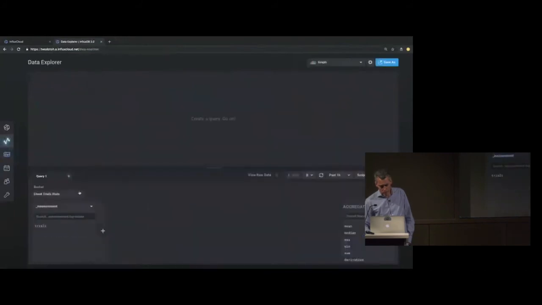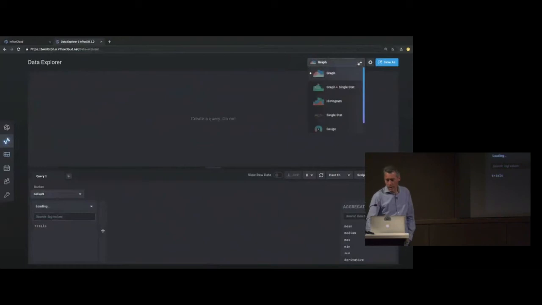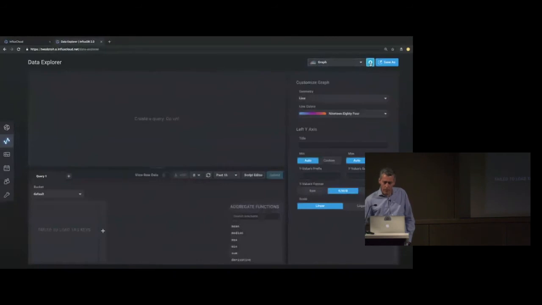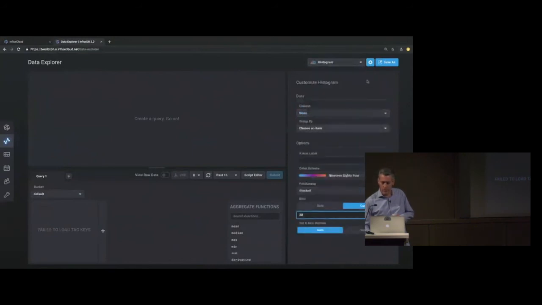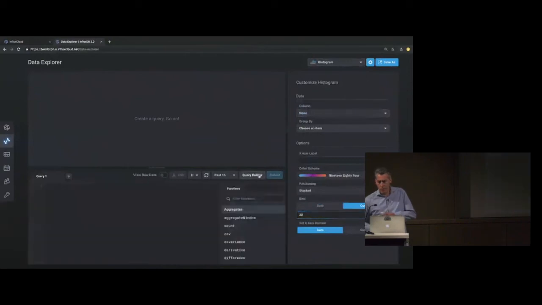From a data exploration perspective, we can go through and look at how this is set up with Flux as the primary language. You'll see in here some new visualization types, histogram, which we haven't had before. Those are all landing, as well as we move the configuration of this off to the side so that you can change things like the geometry, the visualization colors, et cetera, for the different types that show up. And the histogram obviously has different settings than the other. There's a script editor that allows you to build full-blown Flux scripts.